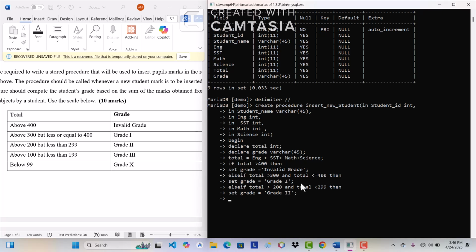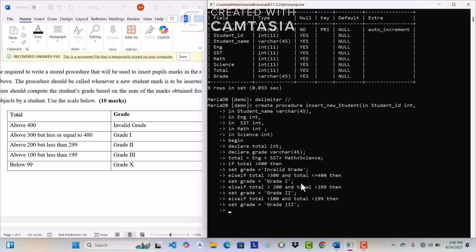Then we terminate. So we're going to put another else if total, this total is above 100 and the total is less than this, then we are setting the grade to be grade